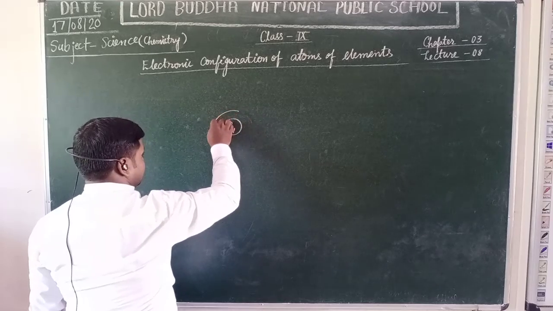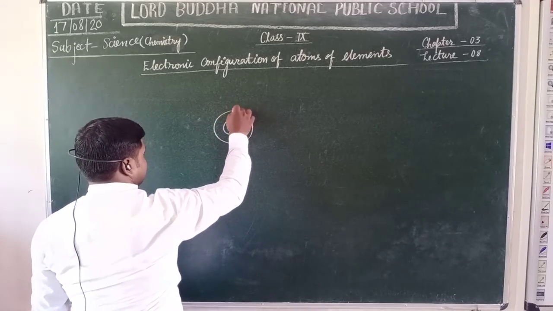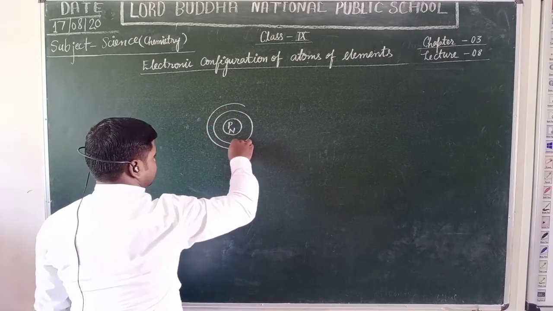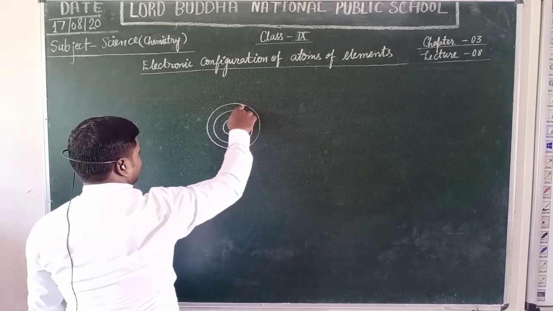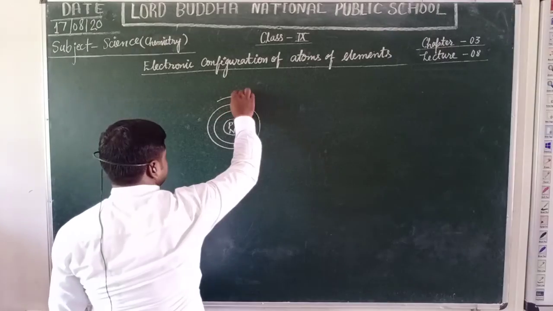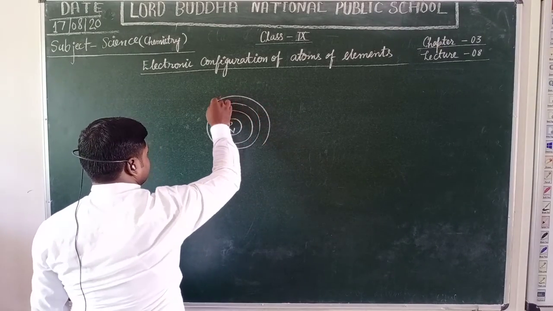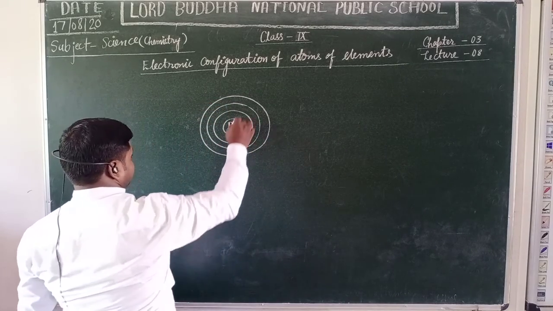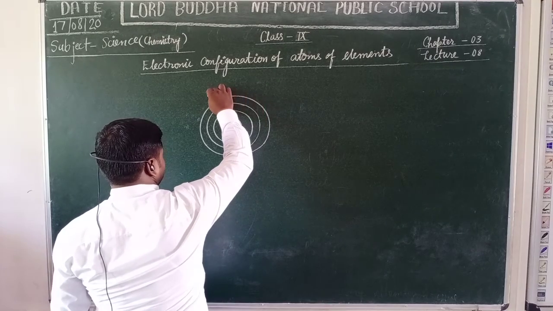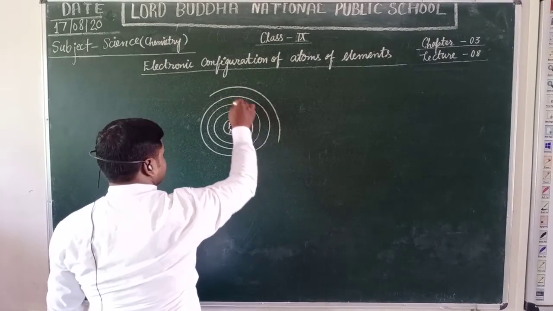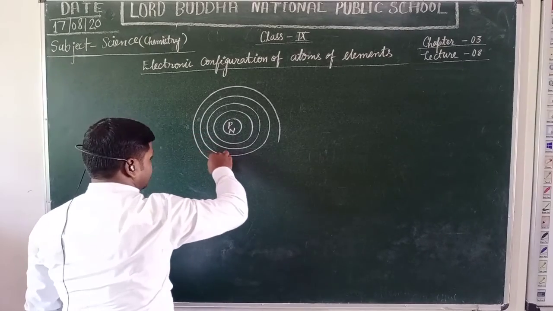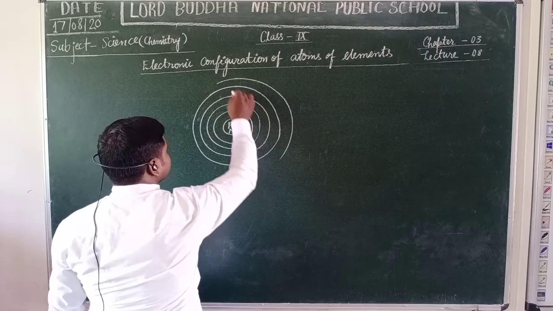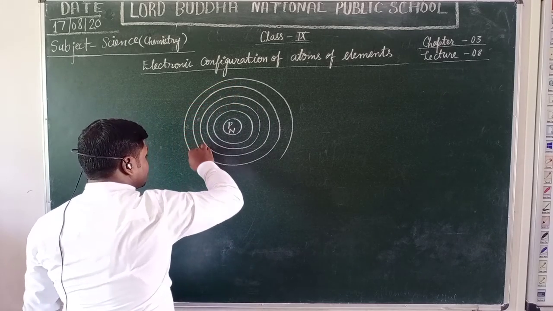These orbits are called shells or energy levels. First, we are going to know about these shells or energy levels. After that, it makes it easier to write the electronic configuration of any element. These are the spherical orbits,